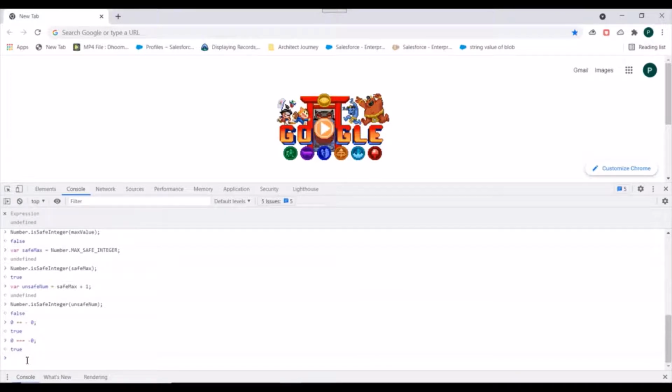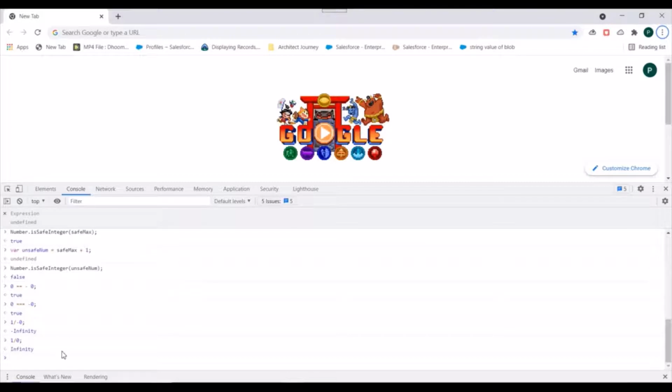When you are dealing with infinity, we have two infinities again, positive and negative, and at that time you can identify the difference between them. If we do 1 divided by negative 0, it results in negative infinity, whereas 1 divided by 0 results in positive infinity. So in calculations involving positive and negative infinity, you can identify the significance of these positive and negative zeros in JavaScript.